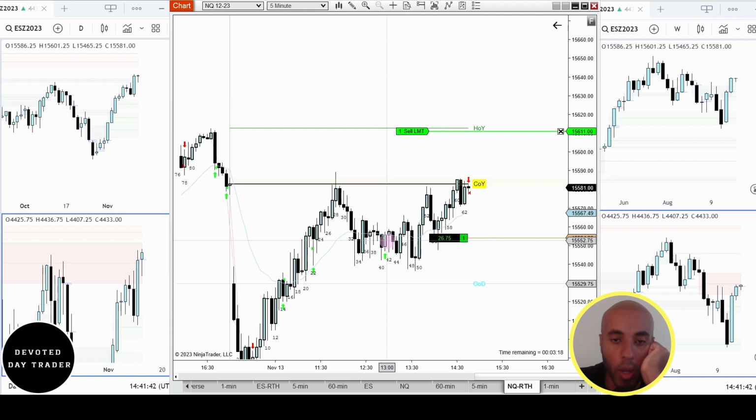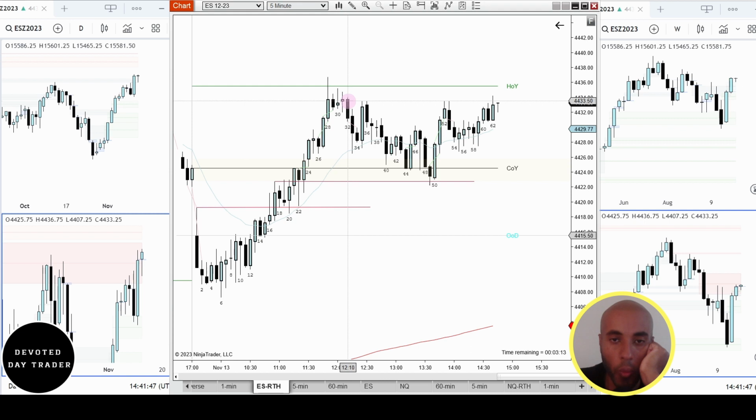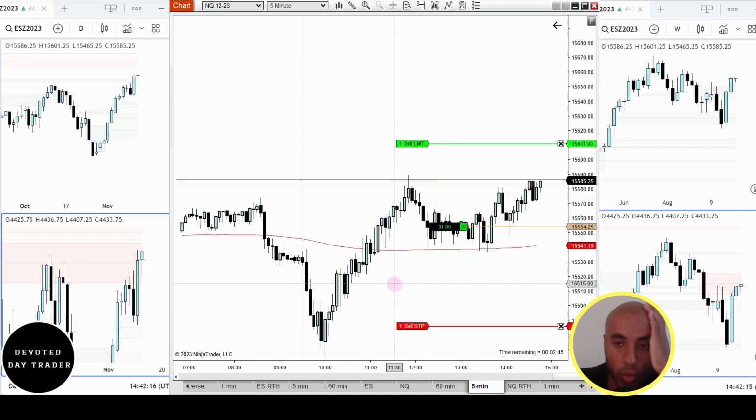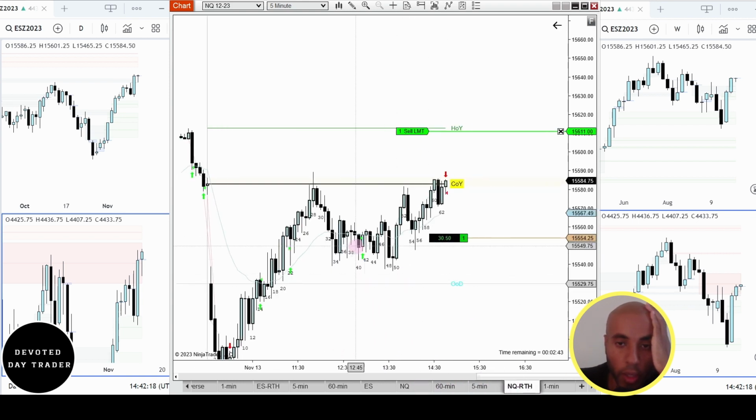And also we have a wedge pattern on both ES and NQ, where I added to my position right here because on ES there is a wedge: 1, 2, 3, 4. So this is a wedge pattern, and usually after a wedge there can be a move in the other direction, and there is also a trend continuation that happens at around bar 40, and that was the other reason why I added to my position on NQ.